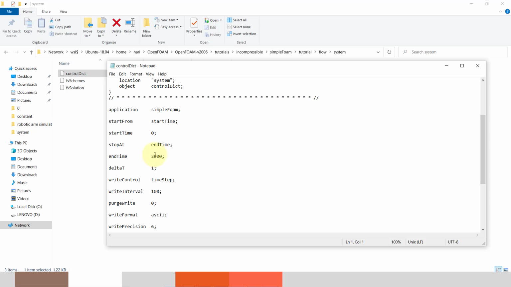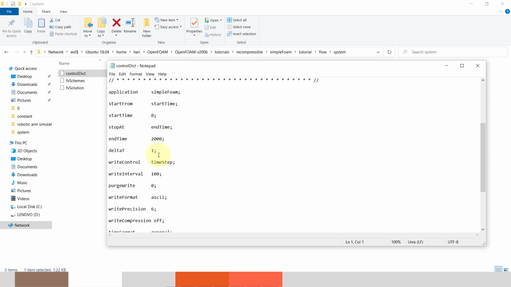So you can write it. It is actually a convergence criterion. It will solve 0 to 2000 steps. If the residual is below the tolerance, it will give your result with very good accuracy. So write every 100 steps.